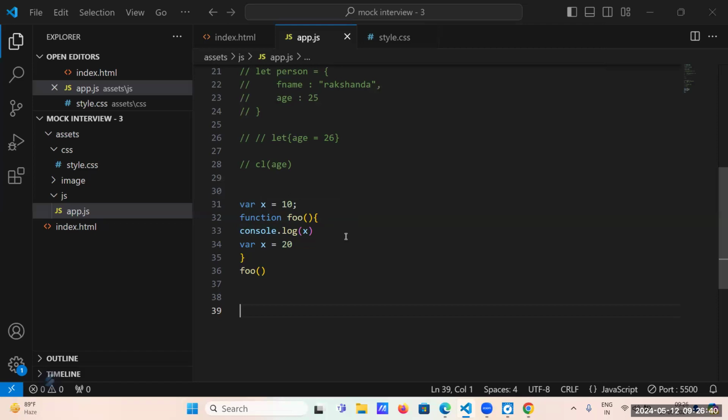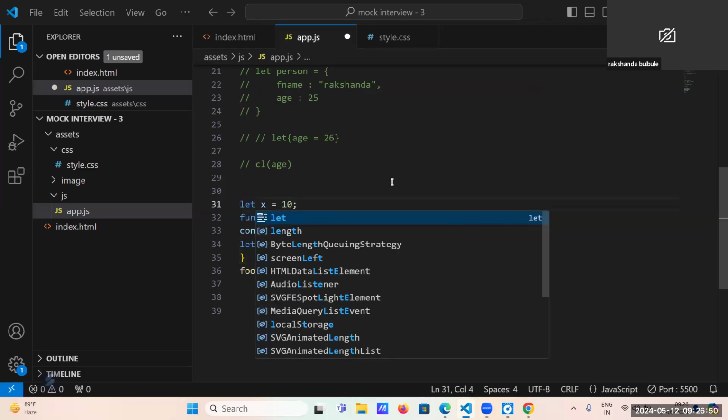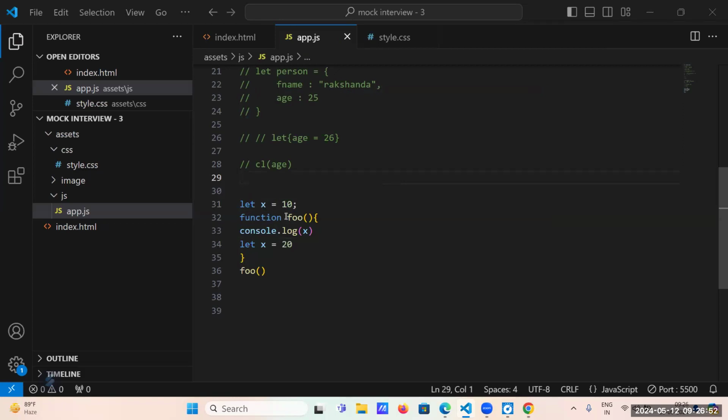Okay, so change var to let. What will be the output now? 10.